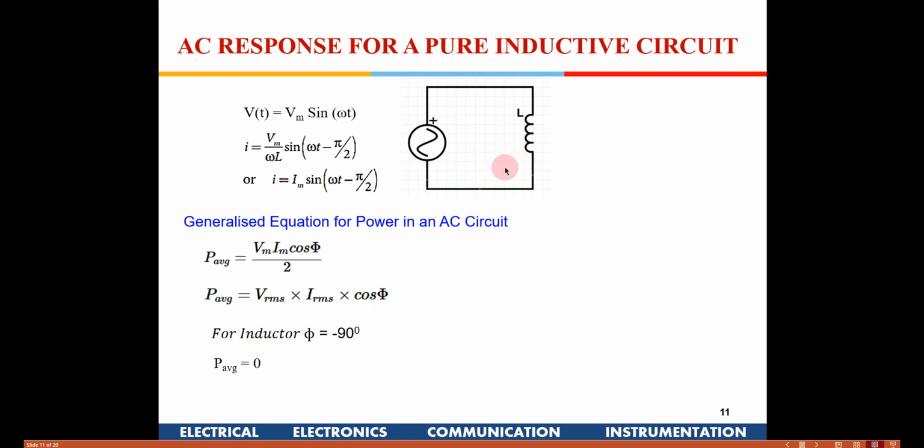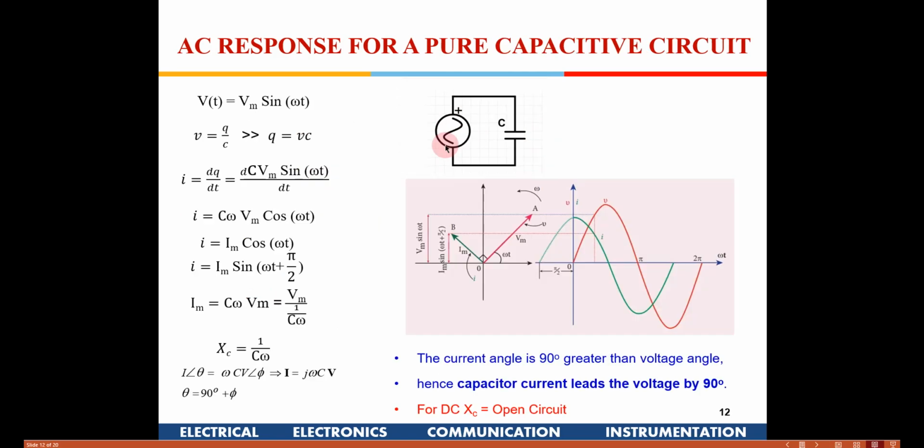So what happens in this circuit is there is no resistive element. As the signal goes up, the magnetic energy is stored, and only the direction changes. There is no dissipation of heat, so there is no energy which is consumed by the inductor. When increasing and decreasing, power will keep toggling from the source to the inductor, and then when the power supply goes negative, whatever energy was stored comes back to the power supply. So it is only an exchange of energy which takes place here. There is no dissipation of energy, right.